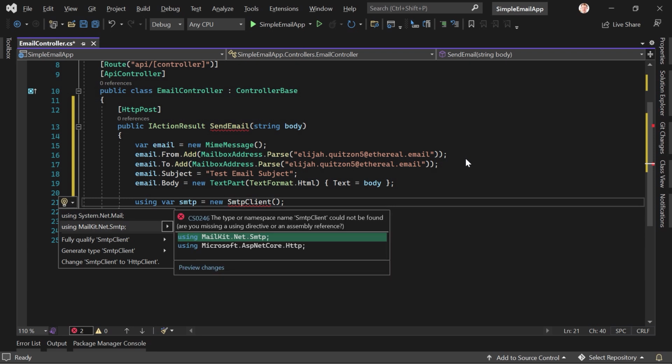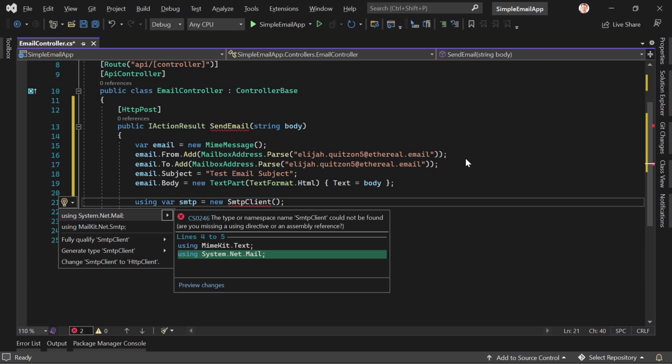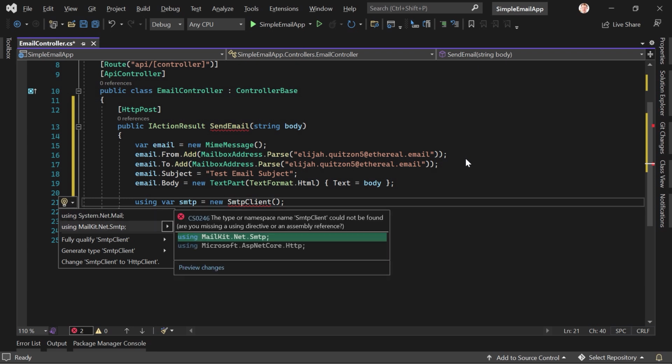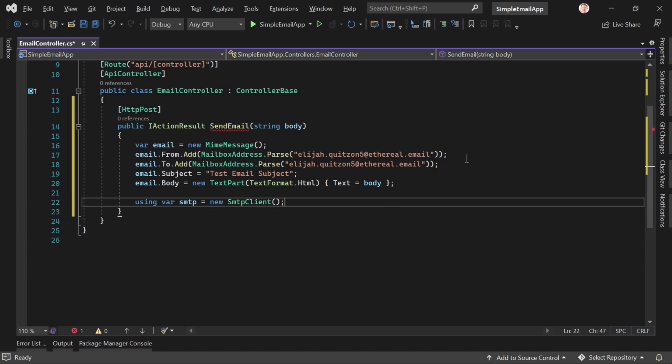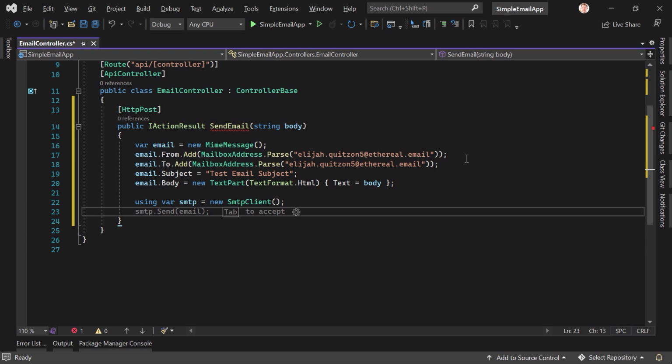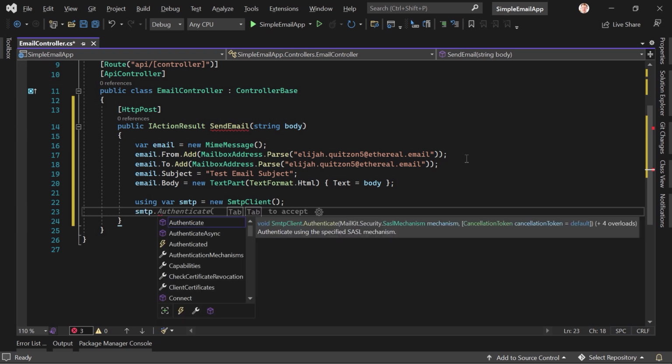Please use MailKit.Net.Smtp. Even Microsoft says, please use MailKit and not the old System.Net.Mail. So MailKit.Net.Smtp it is. And now we can use SMTP, if you write it properly,